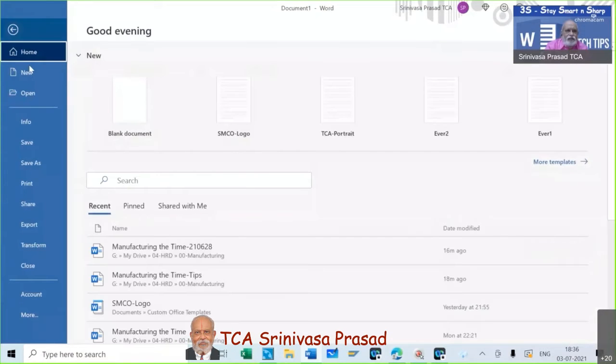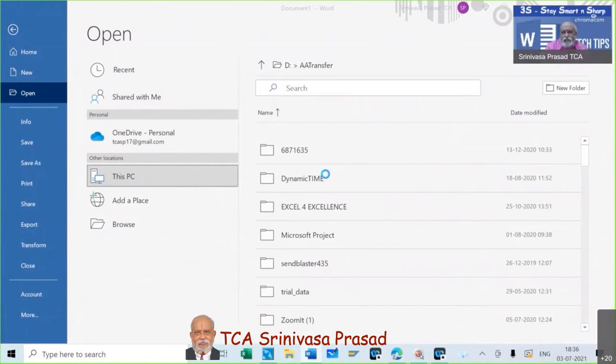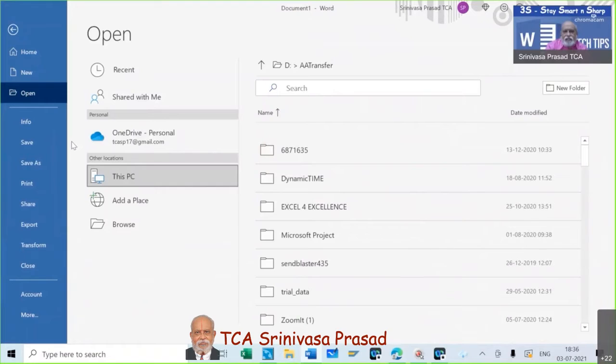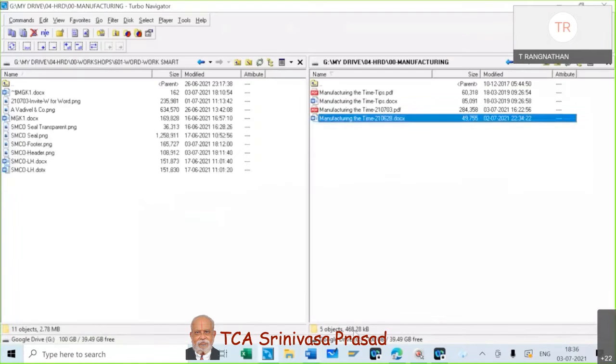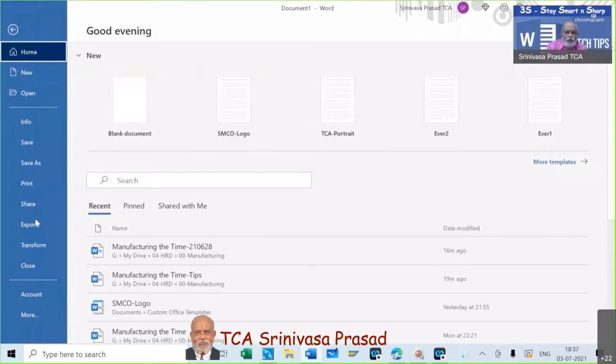Suppose I close this file also. Then open. Then we will have to give this PC. Then we will have to go where I am supposed to do and all. Am I right? Recent files, it is coming in the bottom. Yes, open recent, if you have, you can do. But then normally what happens, whenever we work on Word, I will close this file. You can search from the search browser also. Otherwise, you will be opening from some of the directories.